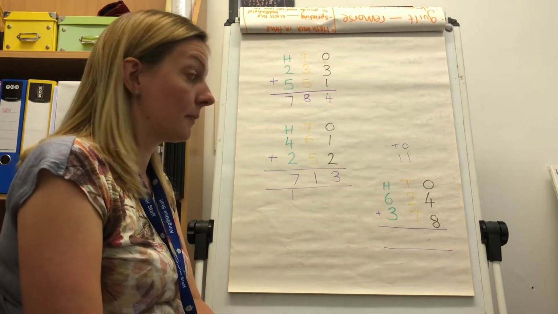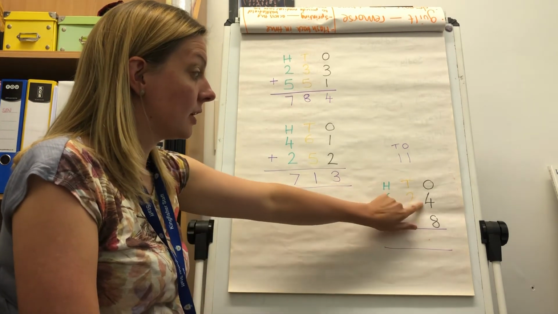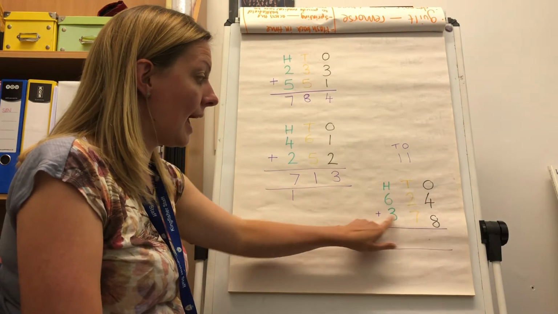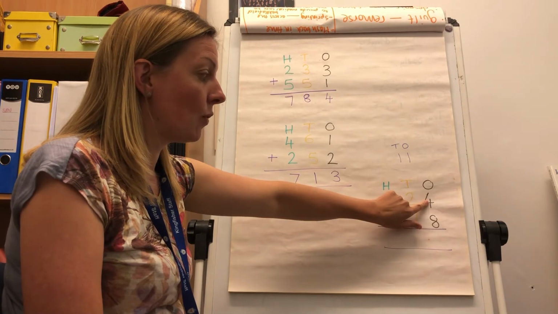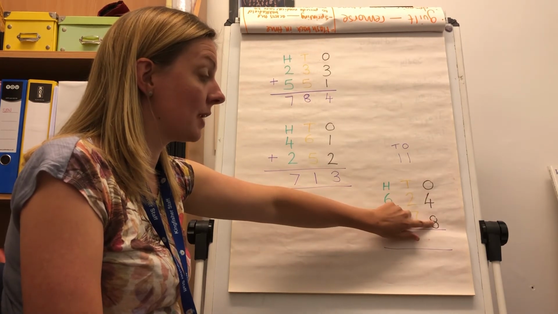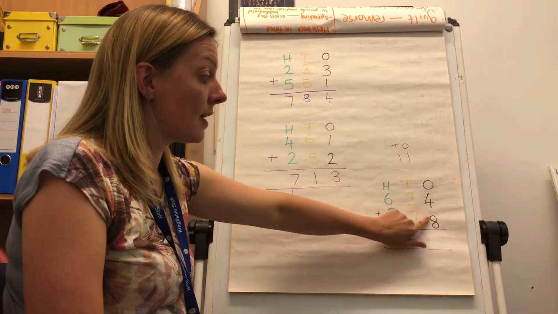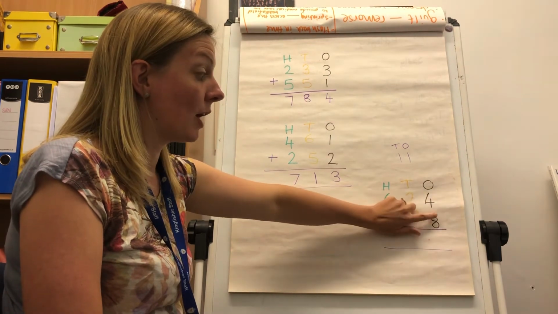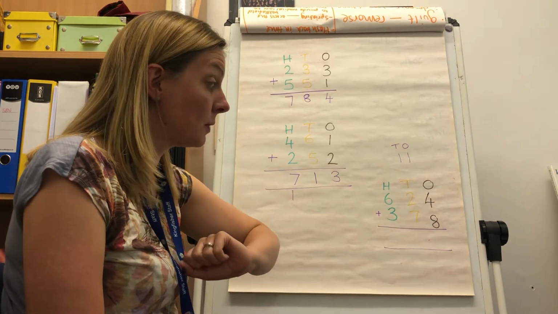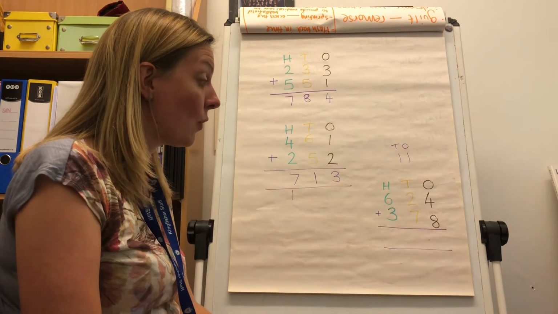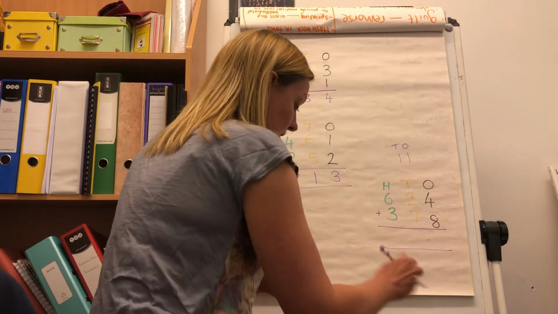Okay, so let's see how we get on. So we've got 4 add 8. Now I could put 8 in my head and count on 4. I could put 4 in my head and count on 8. I know that 8 is 2 4s, so I could do 4 add 4 add 4. So 3 4s if I'm using my times table. But the answer for 4 add 8,